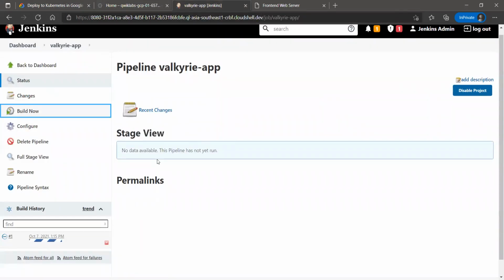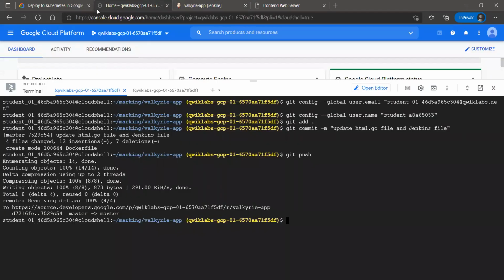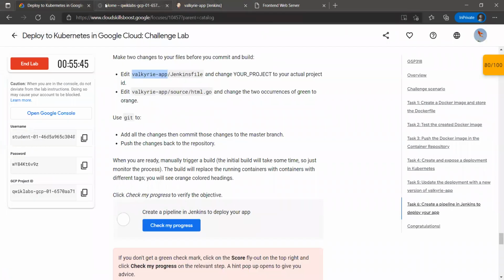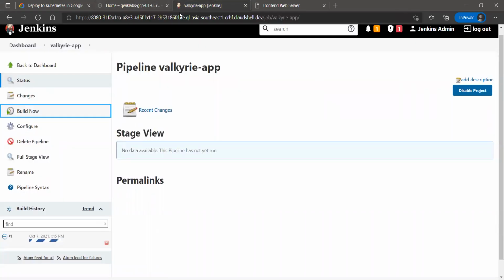So it will basically create the build immediately. The build will take some time to be done.